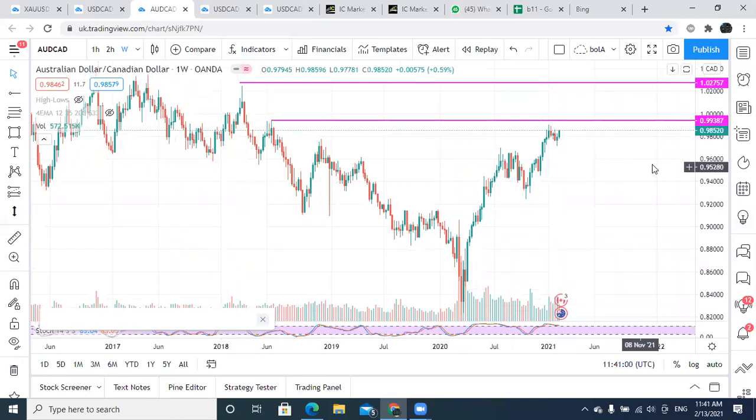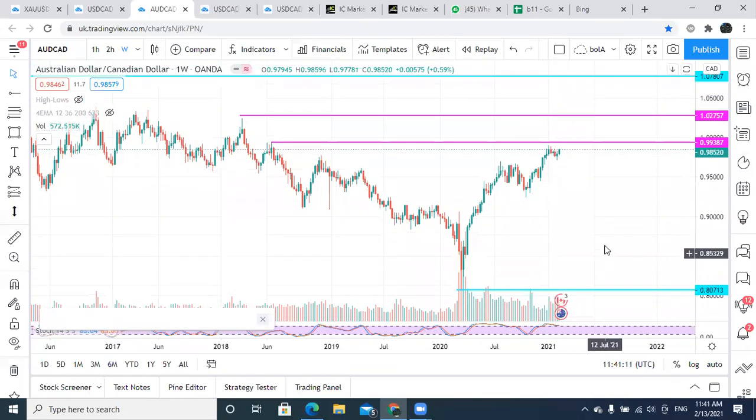So this chart is just a chart that you can come back to. We are still at 98.52. We need another 100 pips to get to this side. So you know that this is a chart that